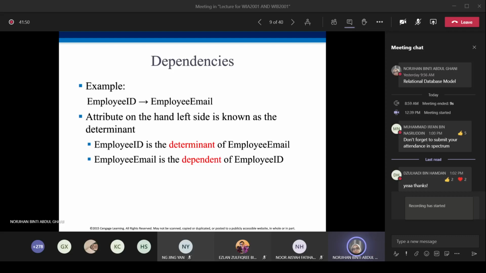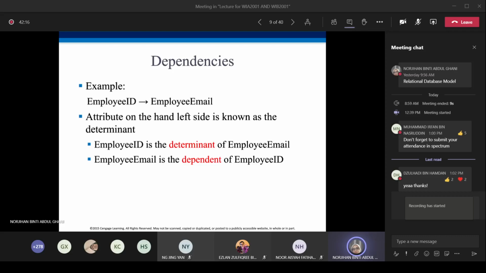Employee email is the dependent of employee ID. This is how we represent the determinant for attributes: employee ID, arrow, employee email. This shows that employee ID is the determinant of employee email.